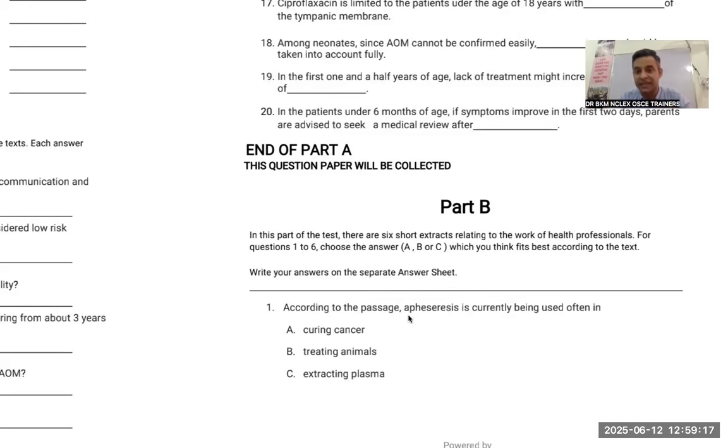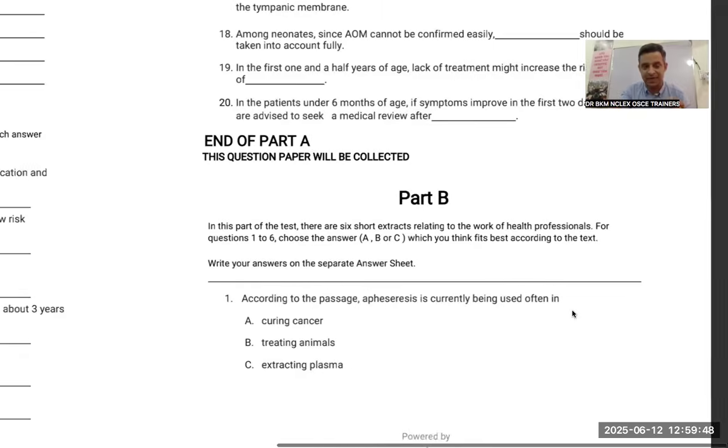Now the question again is, according to the passage, this particular word is currently being used often. Often means most of the times. It is an adverb. That is why I was saying, see, this single question after doing that discussion of grammar, adverbs, it is so important because it is a hint. Sometimes the language is very easy, so the word often is not needed. But sometimes the language in the paragraph is difficult, so the word often helps you understand where the answer is given. Like now I go to the paragraph.